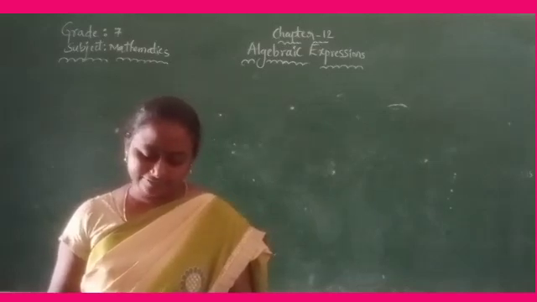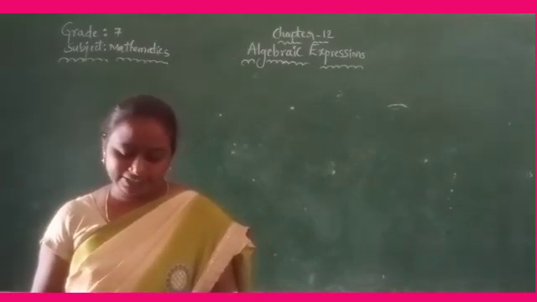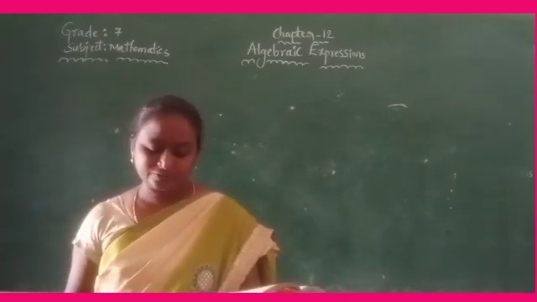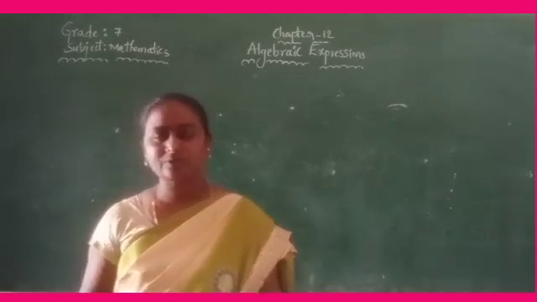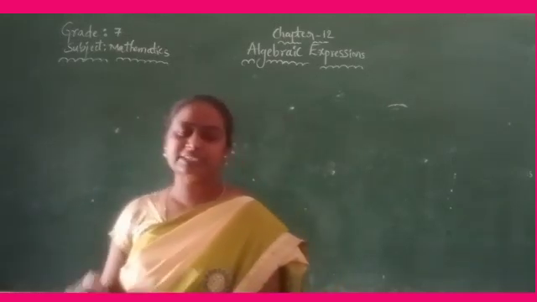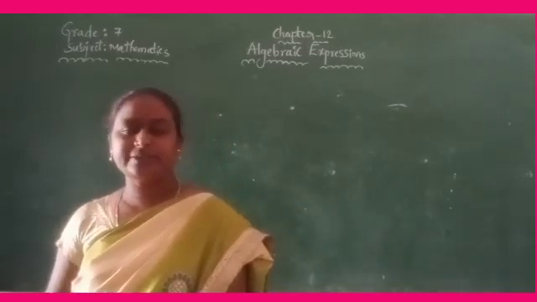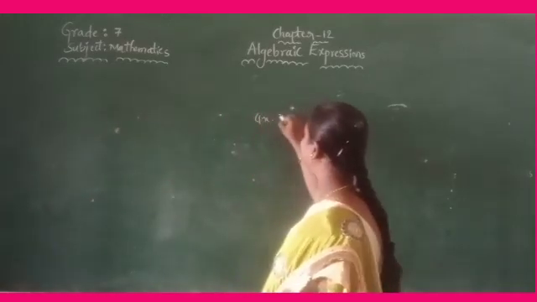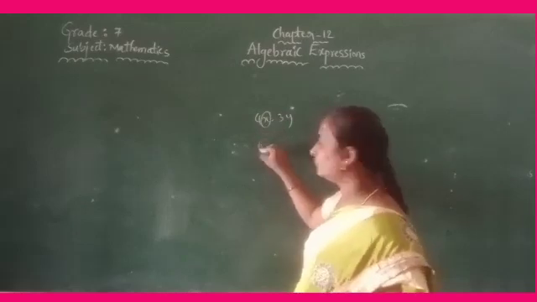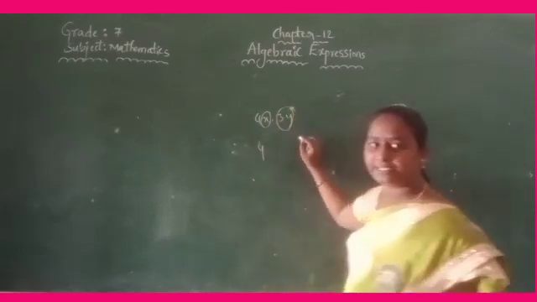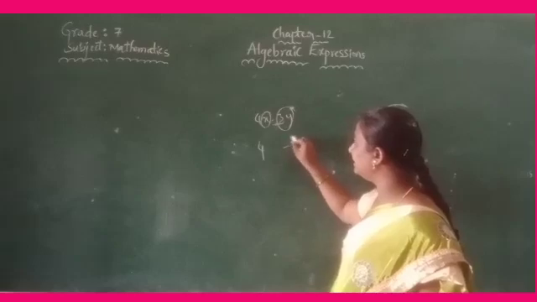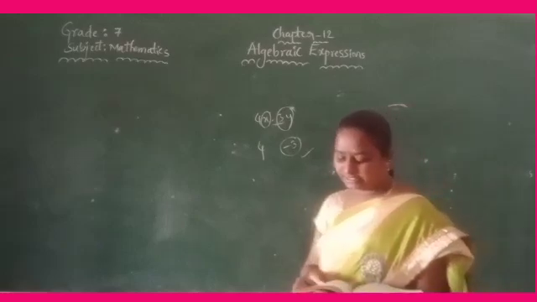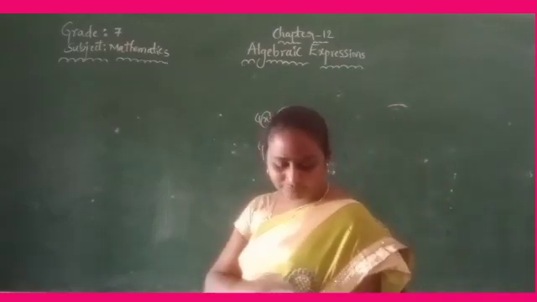Right? Try this problem. Identify the coefficients of the terms for the following expressions: 4x minus 3y, a plus b plus 5, 2y plus 5, 2x 5. What are the coefficients? Already I said the coefficient is a number that is being multiplied by the variable. Okay, 4x minus 3y. What is the coefficient of x? 4. What is the coefficient of y? Very good, minus 3. Your sign is also very important. Okay, children? Right. So like this you solve those problems.